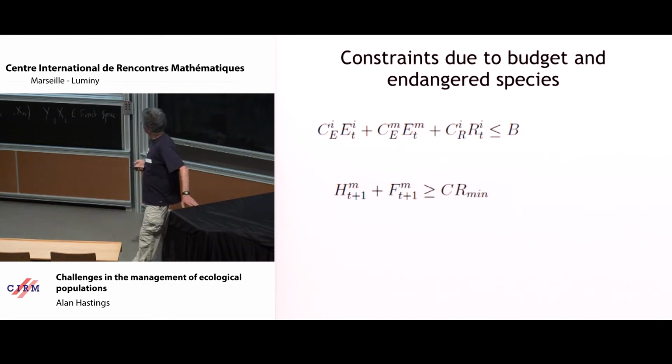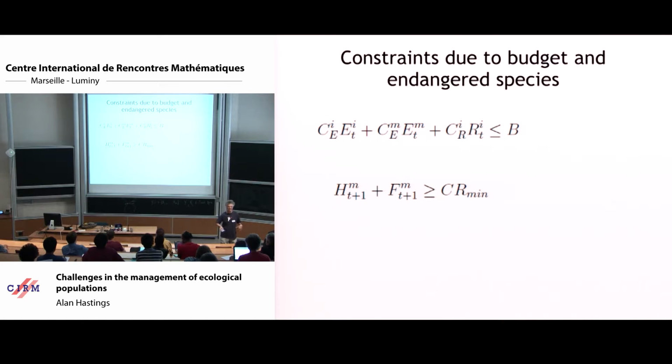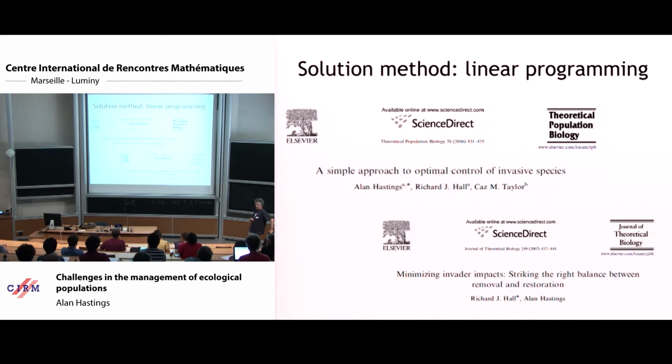And the bottom one says, well, yes, we have multiple objectives, but the only way you can deal with multiple objectives, the two objectives are, number one, maintaining habitat for the endangered species, and number two, getting rid of the invasive species. And so the second constraint is saying that you have to have enough meadows of either the H or F in order to keep everything legitimate. We can worry about reinvasion, and this sort of says, again, something about discount rate